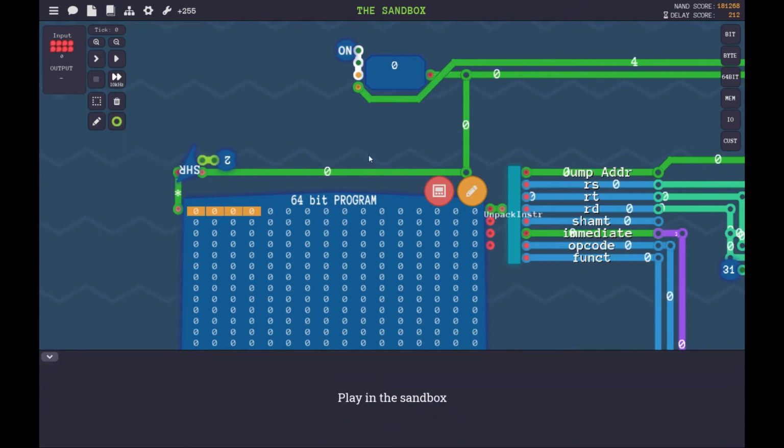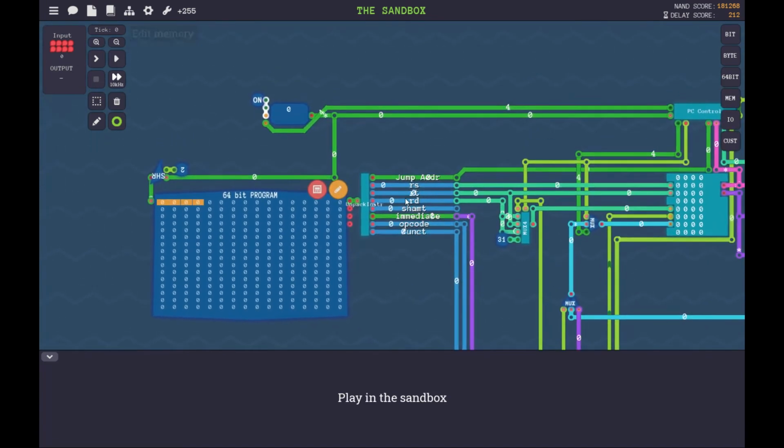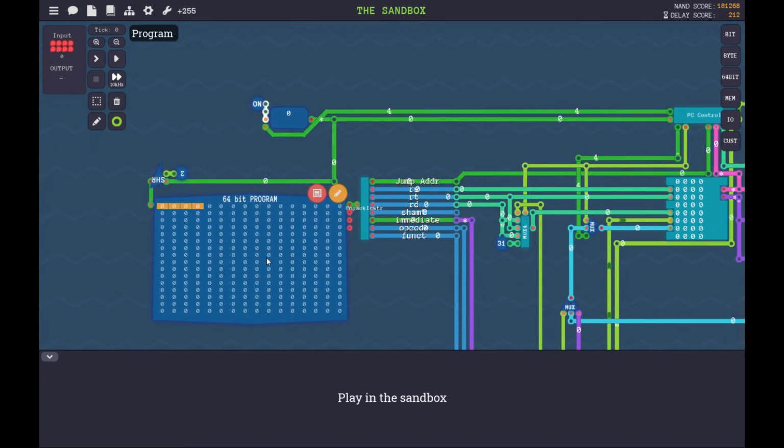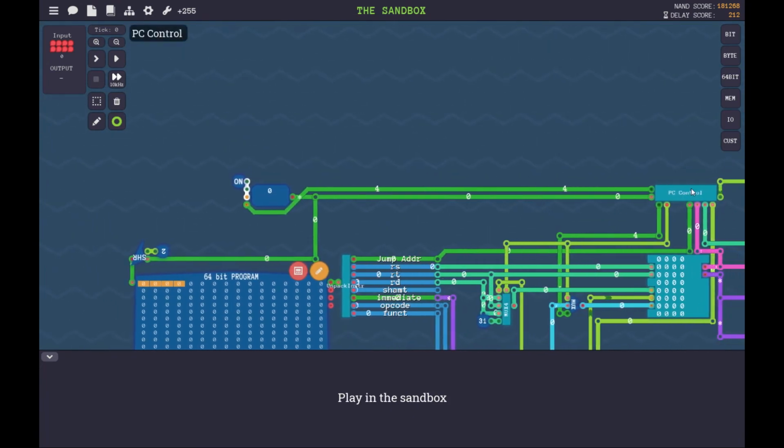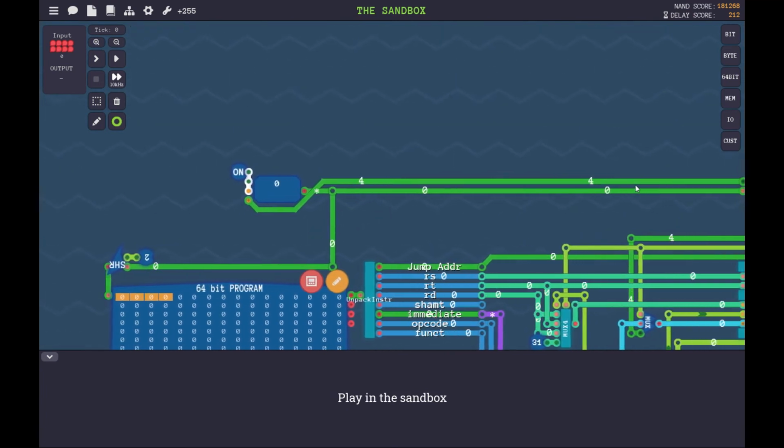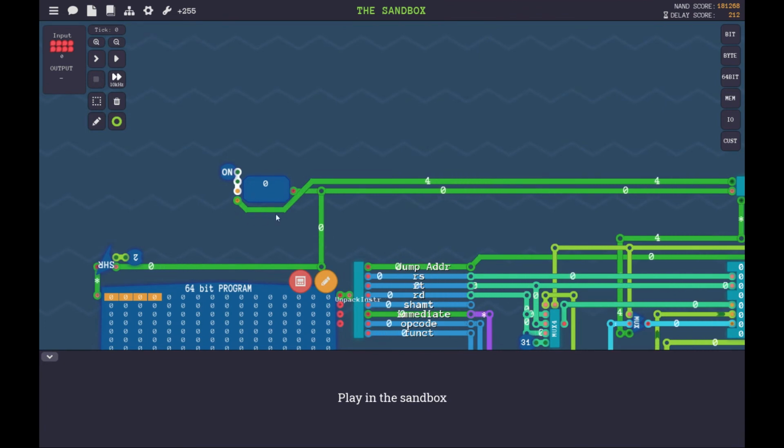Okay. And so now we have a working computer. We could put a program in here. We can run it. There's one other thing that I want to talk about quickly, which is that it is actually possible, by branching backwards mainly, for this 64-bit wire to have an actual 64-bit value on it instead of a 32-bit value. The 64-bit program ignores everything except the bottom 16 bits of the address. So that's not a problem per se. The computer will still work,